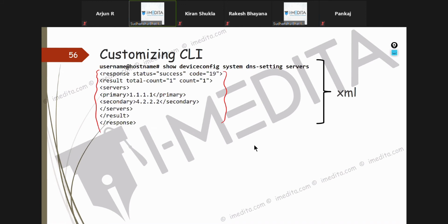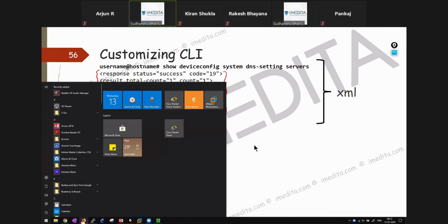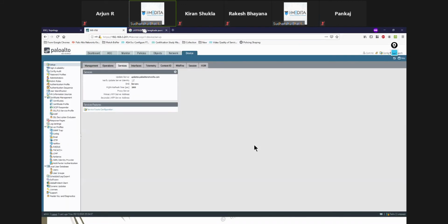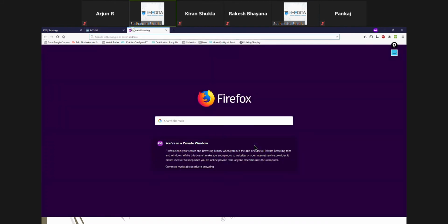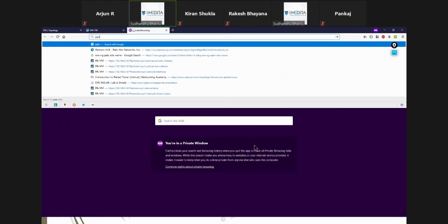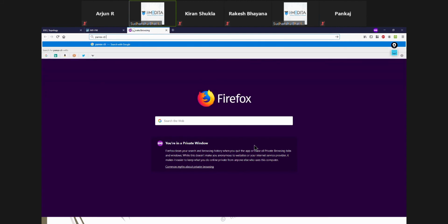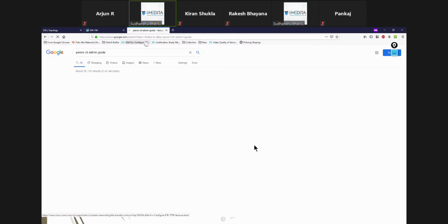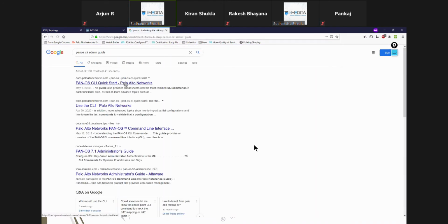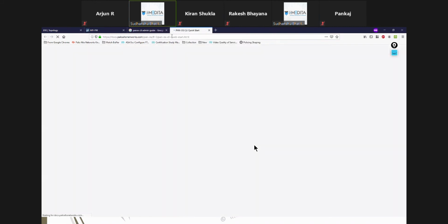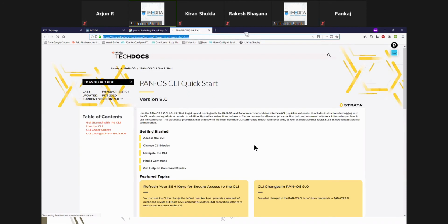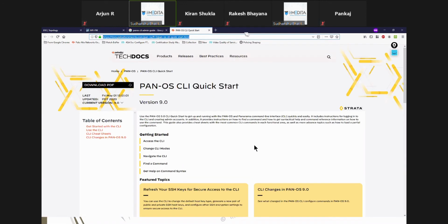And see, if you want to know more about CLI, there is a PanOS CLI quick start guide, actually, not admin guide. I'll just share this, and preferably read the documentation all related to PanOS 9.